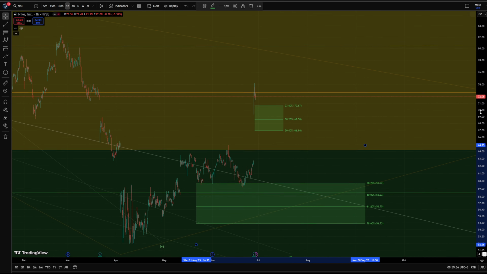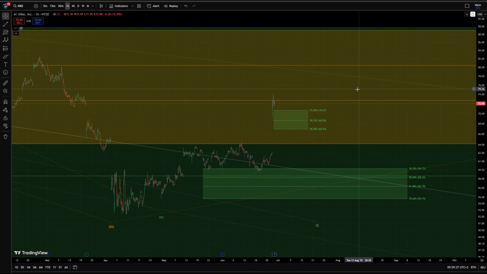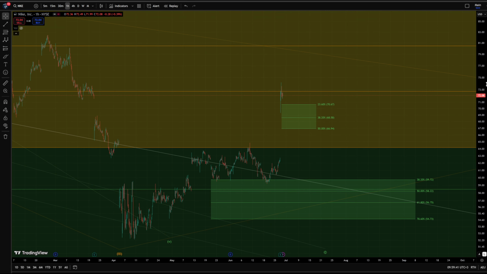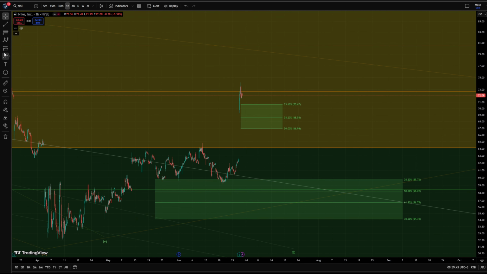We had a quite sharp turn due to the earnings. The earnings triggered that movement, and we can expect even continuation in this movement to the upside,